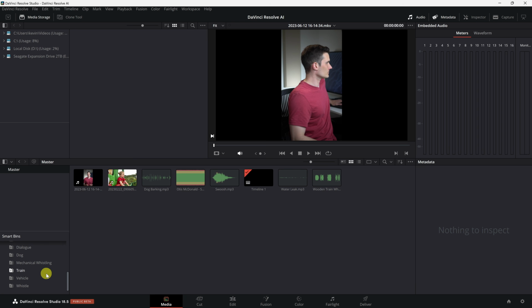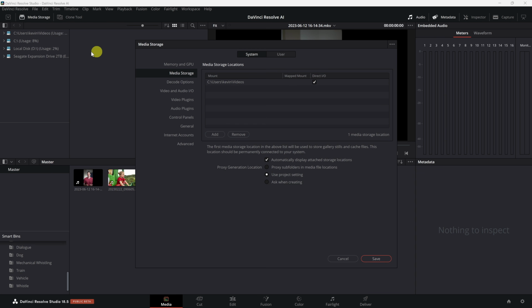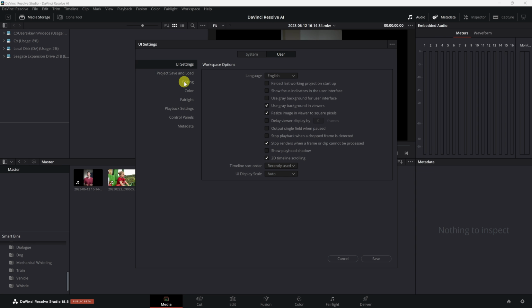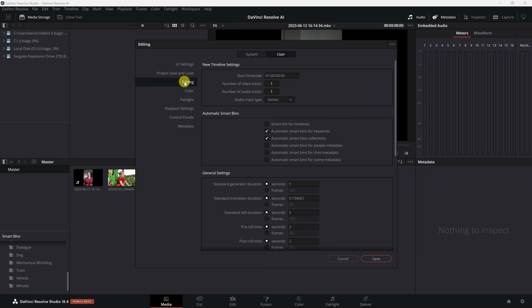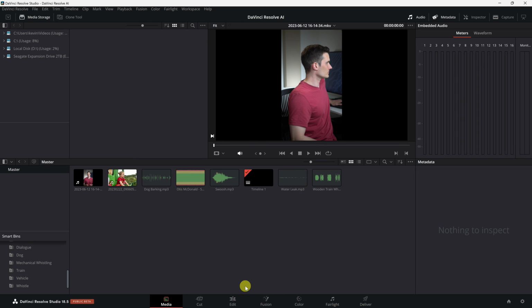To see smart bins with your people, let's go up to the top left-hand corner and click on DaVinci Resolve. Then go down to Preferences. Up on top, let's shift into the User View, and on the left-hand side, let's click into Editing. Within the Automatic Smart Bins category, let's make sure to check Automatic Smart Bins for people metadata, and then click on Save. Let's now shift back to the Edit